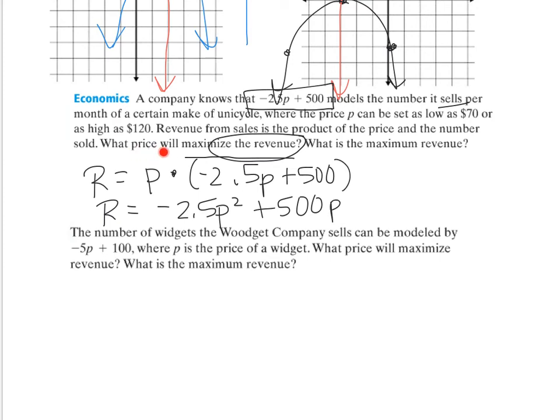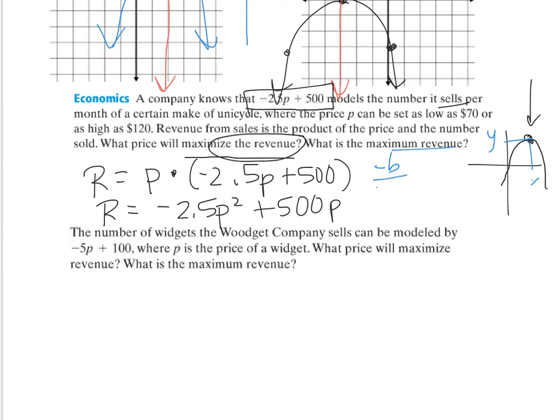So the first question reads, what price will maximize the revenue? If you think about this function being a parabola, it's a parabola that has a y-intercept of 0 and it opens down. This right here, the x value is going to be the price that maximizes the revenue, and the y value is going to be the maximum revenue, the highest money that you're going to bring in. So I'm going to do the vertex, because maximum is a keyword for vertex,